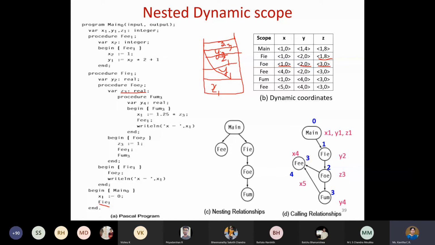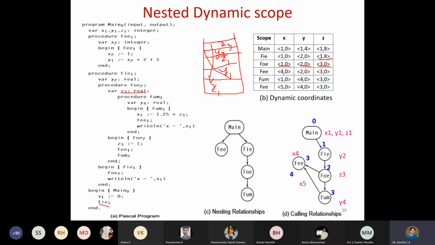For Y, when it is searching for Y, it will encounter Y2 first, so it will be using Y2. And then when it is searching for X, there is no other one, it has not been redeclared, so it will be using X1 only. It will come all the way downwards, and it will get X over here, and that's why it uses X1. Okay, that is about the FOE function.